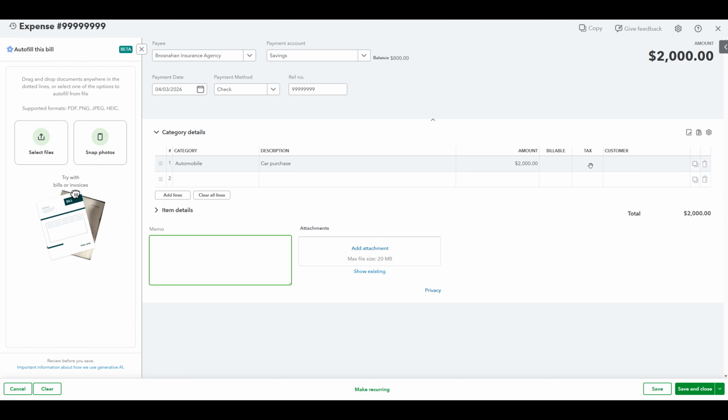Below, use the memo field to capture any quick notes. Think purchase terms, mileage at purchase, or internal notes. Then attach your supporting documents. It's a good idea to upload the purchase agreement, the dealership invoice, and any related receipts so everything lives with the transaction. Give everything a quick review, and when you're